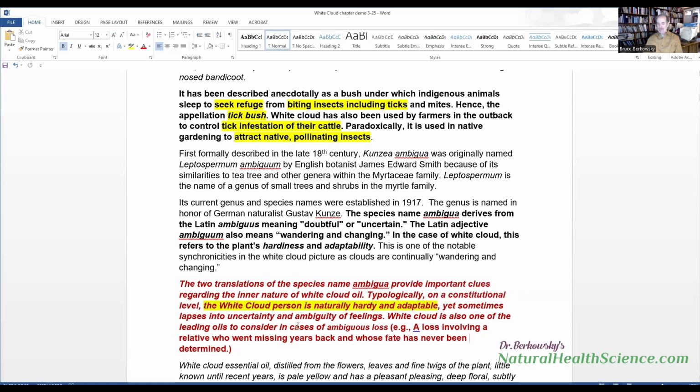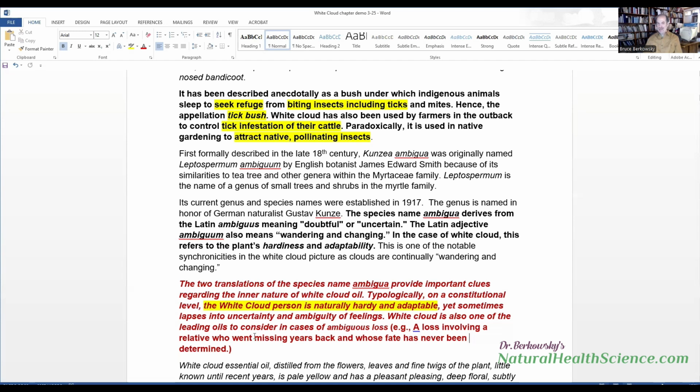Now, this could apply to their younger years before disease and age have broken them down. So you may say, well, they don't seem hardy and adaptable now. Of course, they don't feel well, and they've gotten older and compromised, so you don't see this quality. This is the importance of taking a history, of knowing who this person is, where they've been, what they've done, what their life has been like. And you'll see that through their younger years, before age and unwellness caught up with them, they were hardy and adaptable. That characterized their life journey.